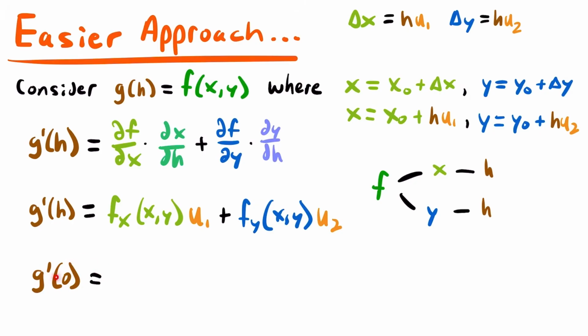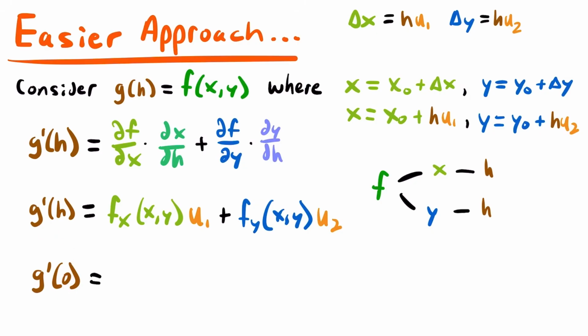Because once we do this, once we plug in 0, we will have an expression that we will be able to compare to something else that will prove that this formula is the same as our limit definition of a directional derivative from before. Okay, specifically we're going to compare it to g prime of 0,